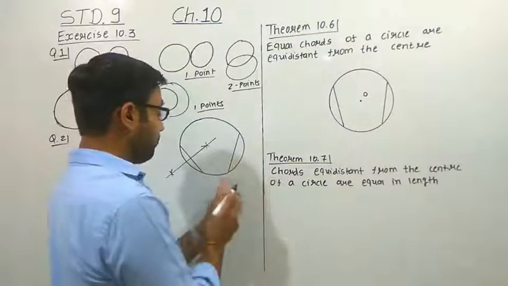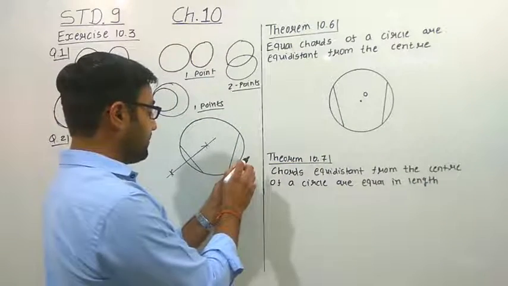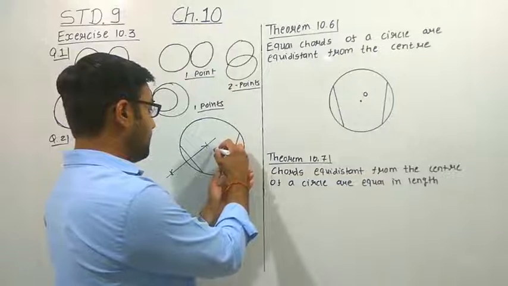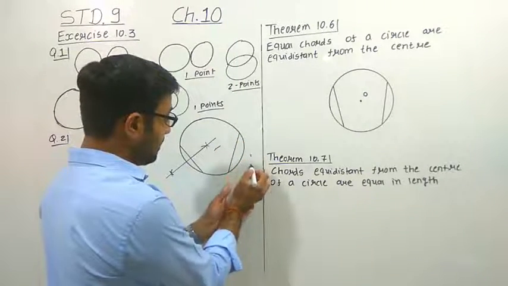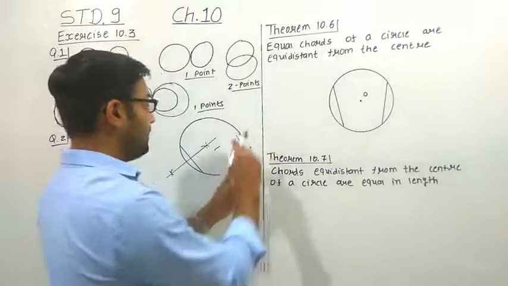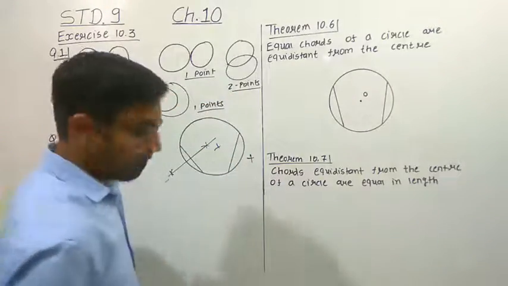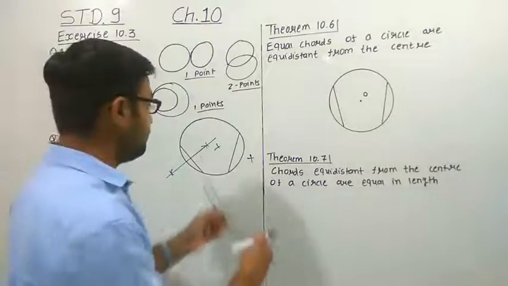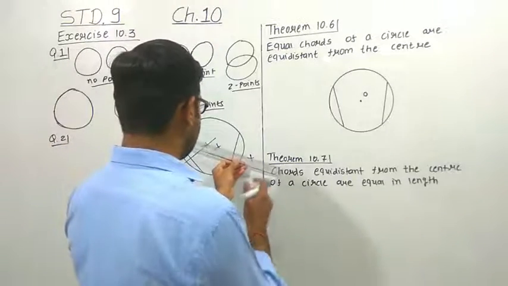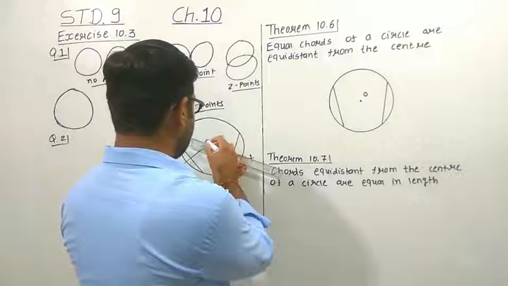So here also you have to keep the point of the compass on the first point, then make an arc and another arc here. In the same way, by taking the point here, you can make the arc here and here. Now let us join. When you join this, again you get the perpendicular bisector